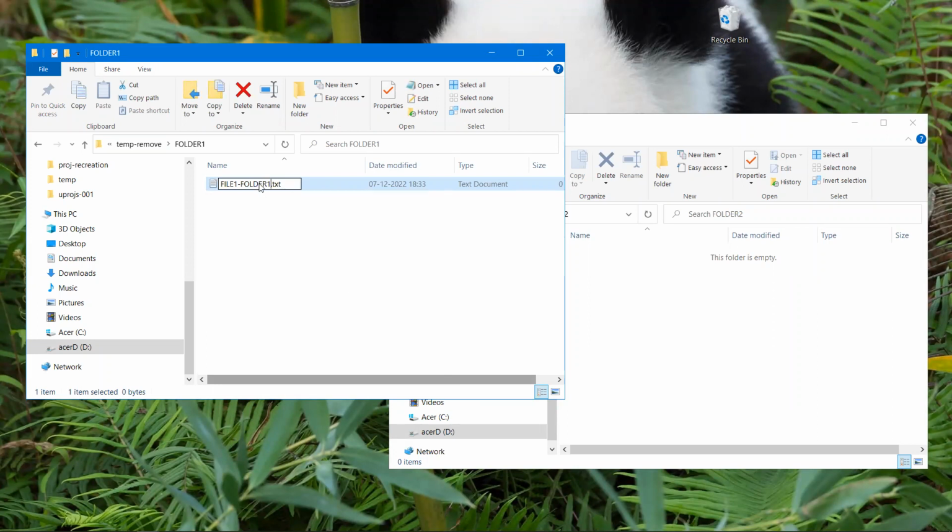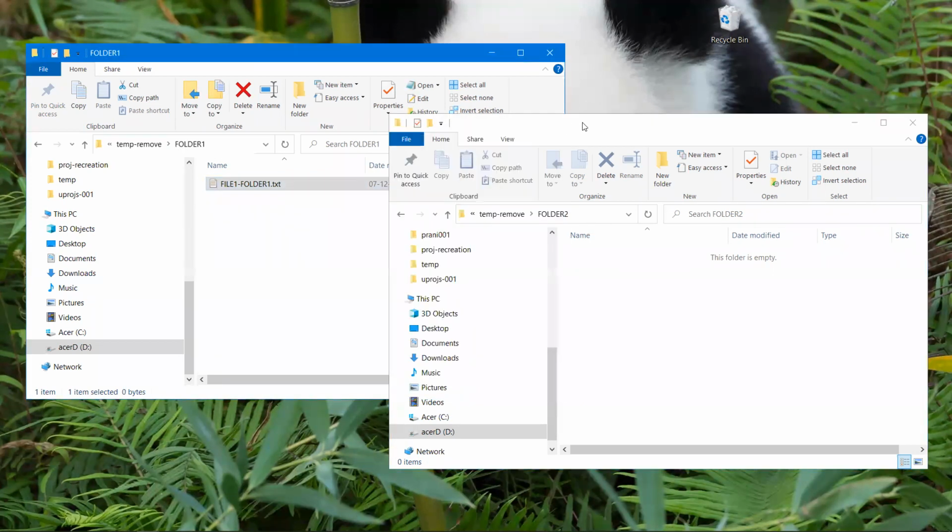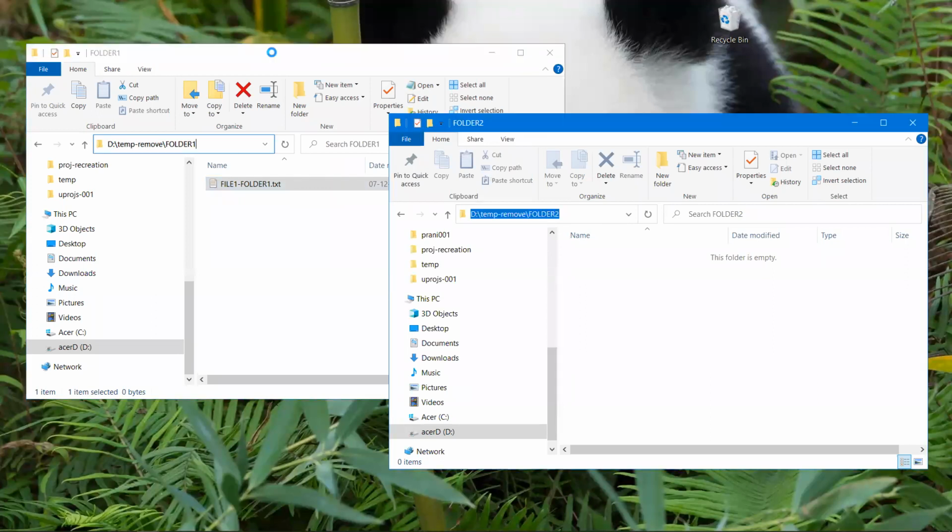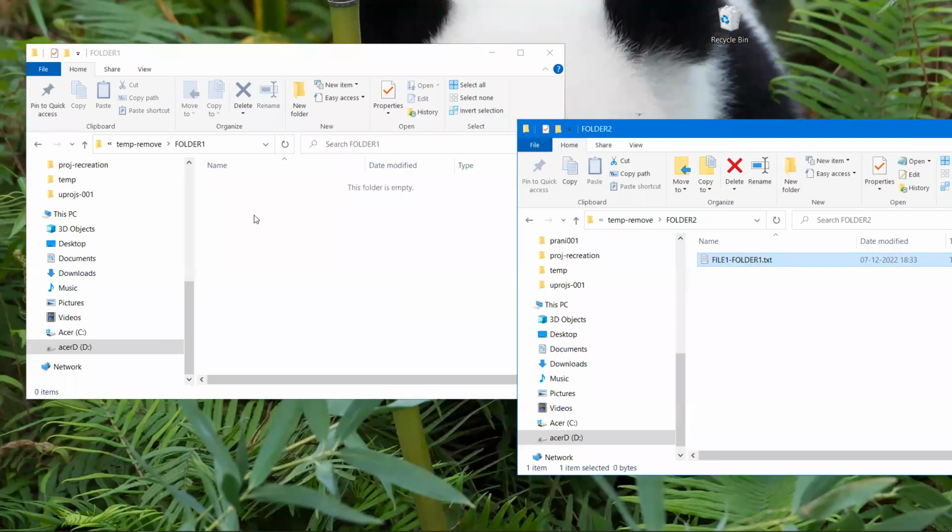Now I want to copy this to this. So I'm copying a file from folder 1 to folder 2. Am I doing this automatically or manually? Is this automated or manual? Manual. Because I'm doing, as a human being, I'm trying to copy from the left side, paste it to the right